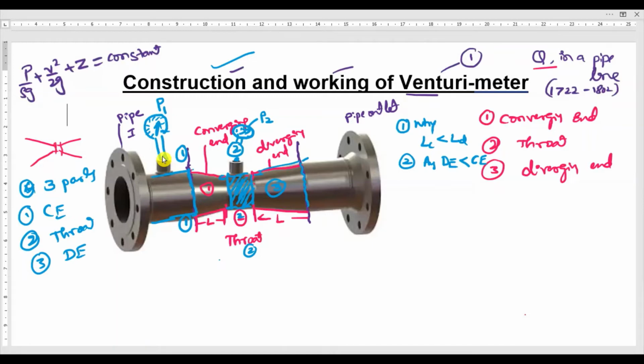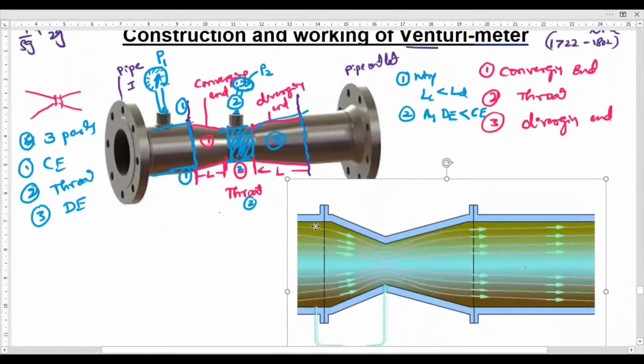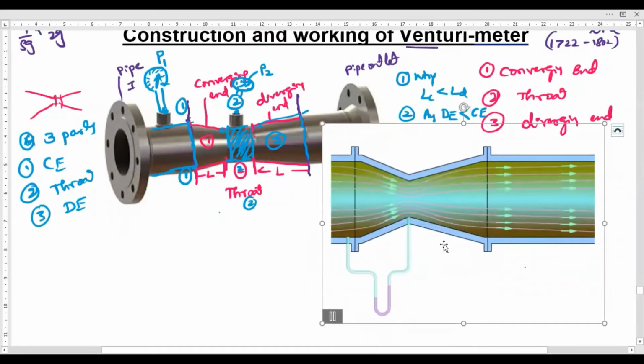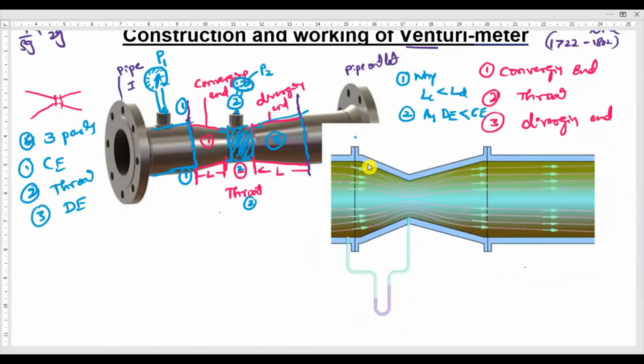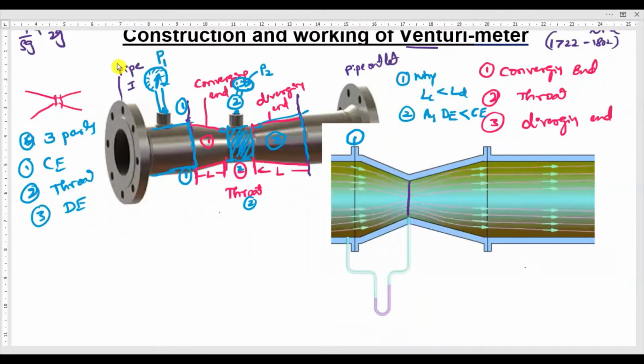Now what we do, we will take this venturimeter and fix it to a pipe, and see the direction of the fluid and everything. Let us consider a small picture, an animation, I have taken. So this is the venturimeter, point number 1. And this is the throat section, which I will take as point number 2. This is a pipe where you have connected the outlet of the venturimeter, and here is a pipe where we have connected the inlet of the venturimeter. The venturimeter is from here to here, that section.